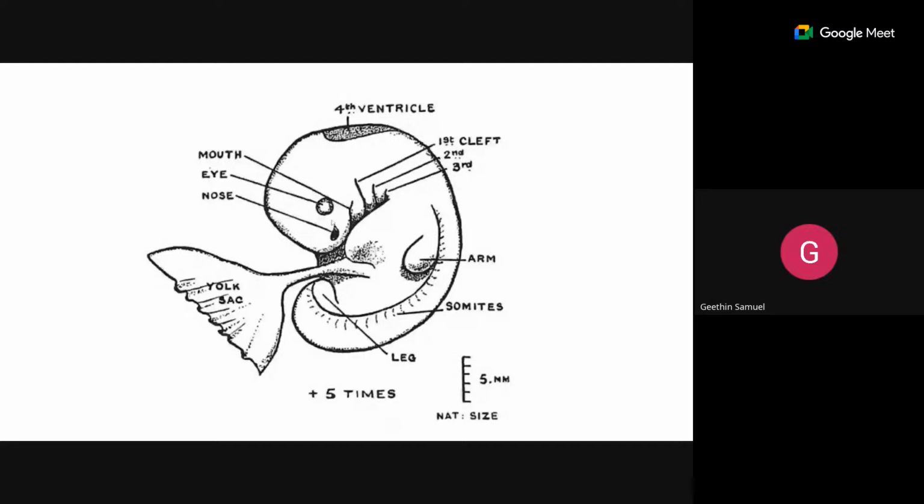Then this is the developing head end, the cranial end of the brain, and inside you have the stomodeum, where you have the primitive mouth, and you can see the pharyngeal arches. So this development of the pharyngeal arches will develop into the neck region,